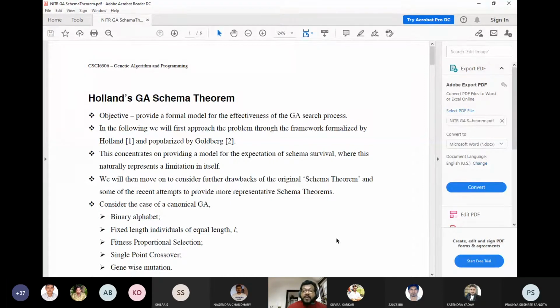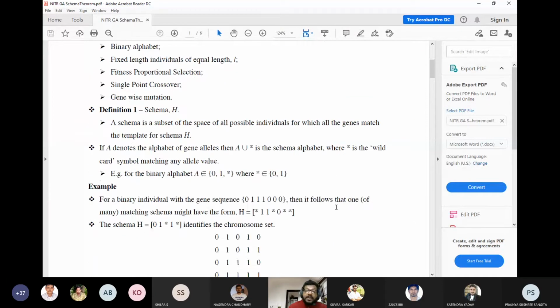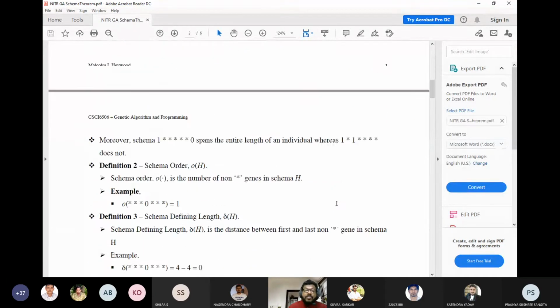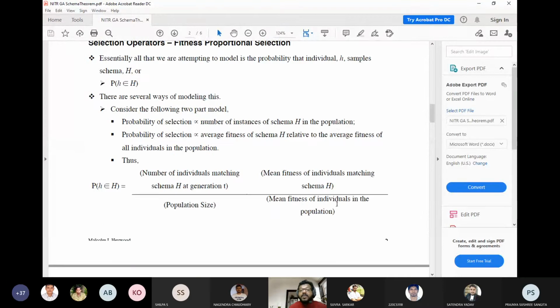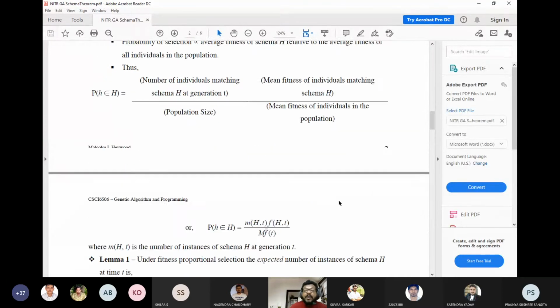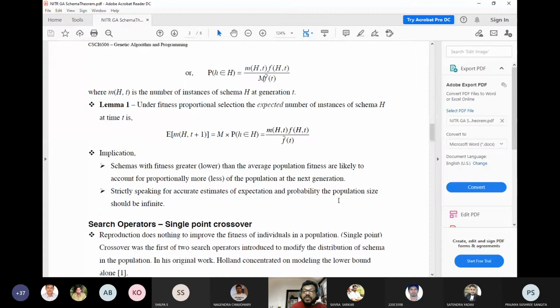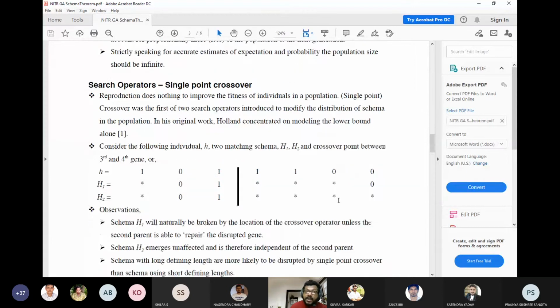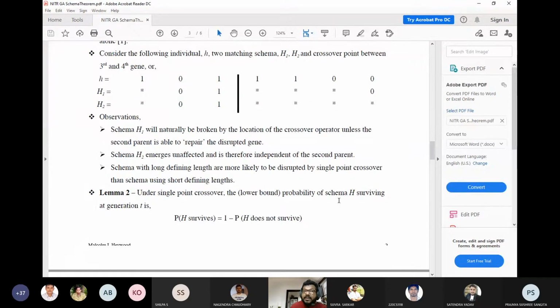If you try to read from the PPT, it's fine. Otherwise, you can go through this document, to see how they preserve the good genetic material, or good genes, which produce good quality solutions, so that the good quality will be propagated from a particular generation to the next generation. That means we don't want to lose those individuals who are producing the best solution: the best individual as a group and the best characteristic as a gene.